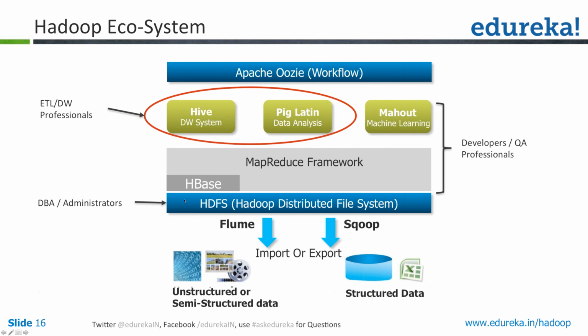Now, when we say Hadoop, Hadoop has two core components. One is HDFS, the Hadoop Distributed File System. This is the cluster of computers I was referring to. HDFS has thousands of computers or storage machines where you can actually store your data, and there is a name node architecture which stores the metadata about all this data. So this is the layer where your actual data is stored. This is called HDFS, the Hadoop Distributed File System.